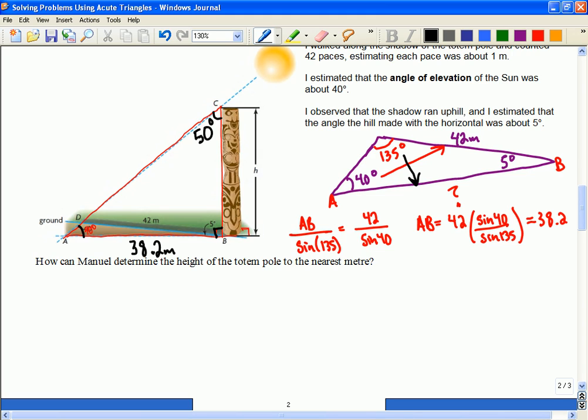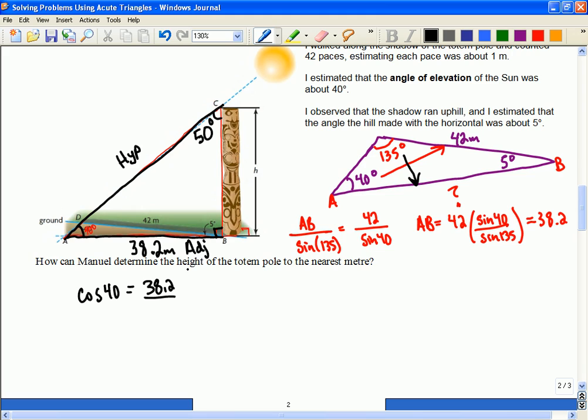Yeah, SOHCAHTOA. Whenever you have a right angle, you might as well use SOHCAHTOA. It's the easiest one, but it only works on right angles. So for the right angle here, I have to use this side because that's the only one that I have a length on. So I have that side, and why don't I use the angle for 40? So these are my two pieces, which means I'm going to be using cosine because I have the hypotenuse and I have the adjacent. So the cosine of 40 is the adjacent